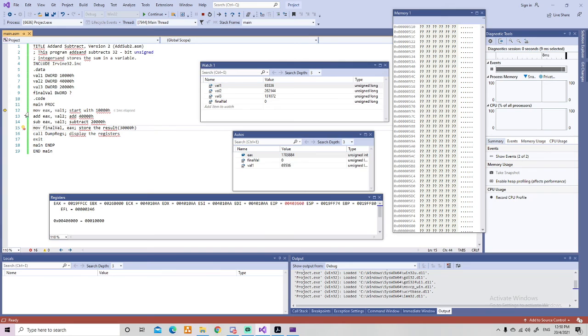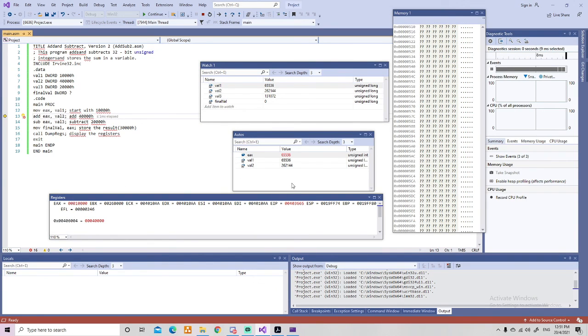After this, when we continuously press F10, the statement that will be executed is at this arrow, which is line 12. When we continuously press F10, it will go to the bottom of the code. So let's start by pressing the F10 button.